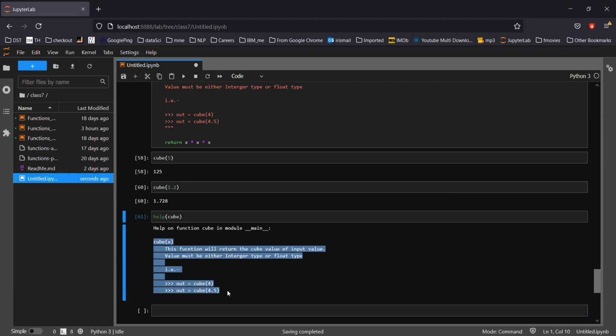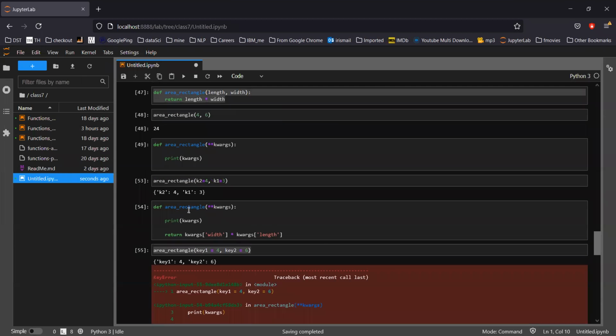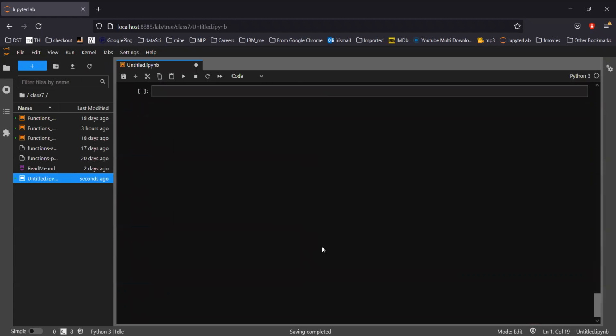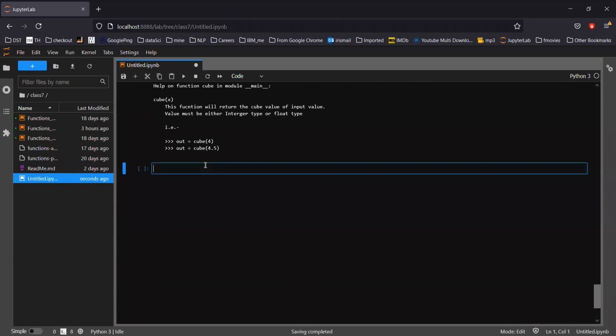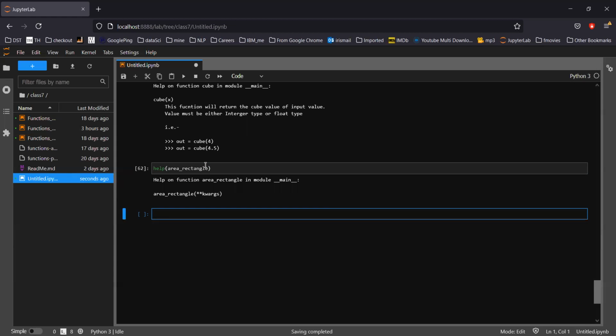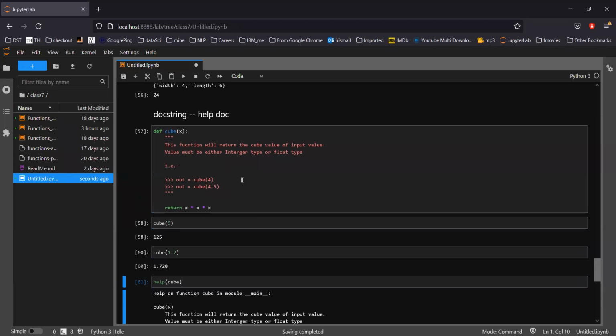So this will give me an idea of how I have to use this function. Let's try with area rectangle. The same thing, help and area rectangle. It doesn't return me anything. The reason is I didn't define any doc string there. Whenever you write a function, if you are learning, that doesn't matter.